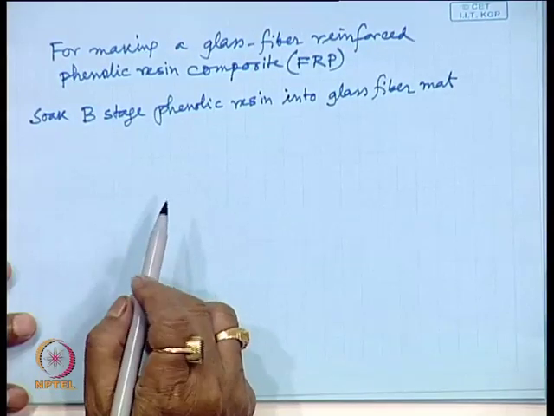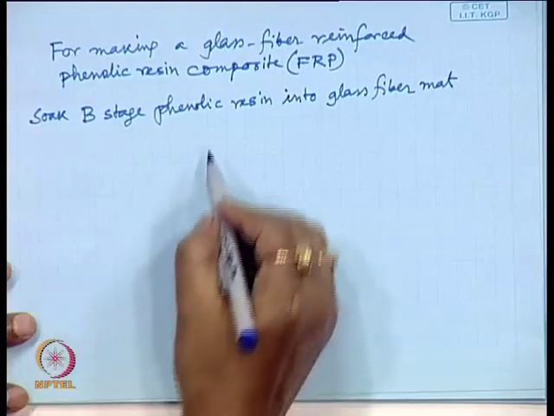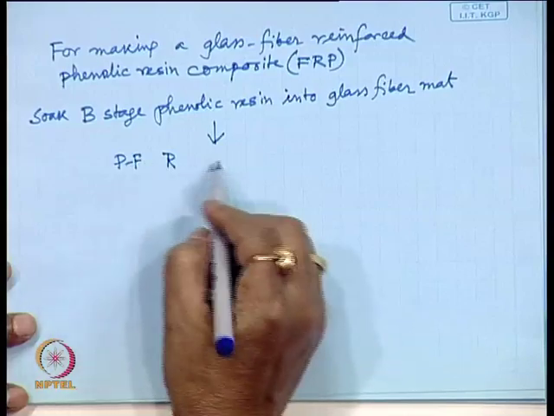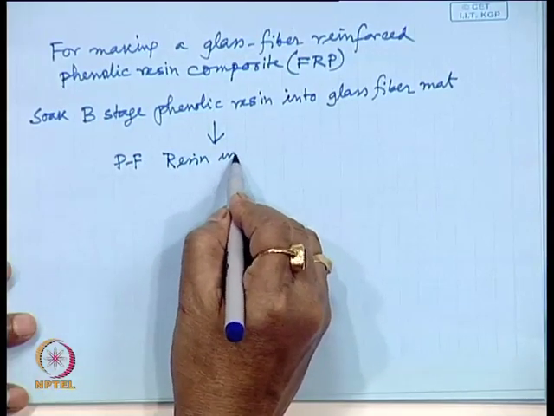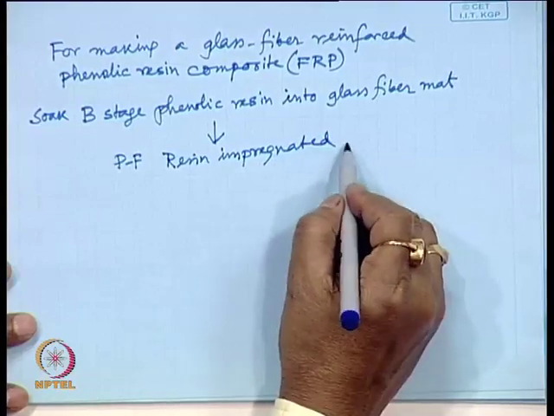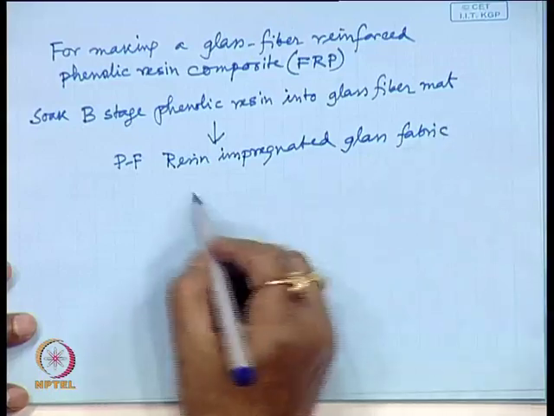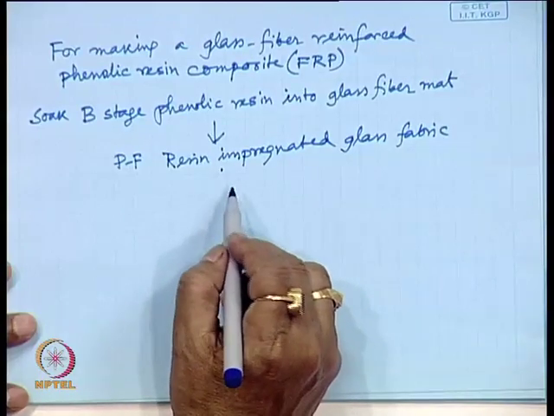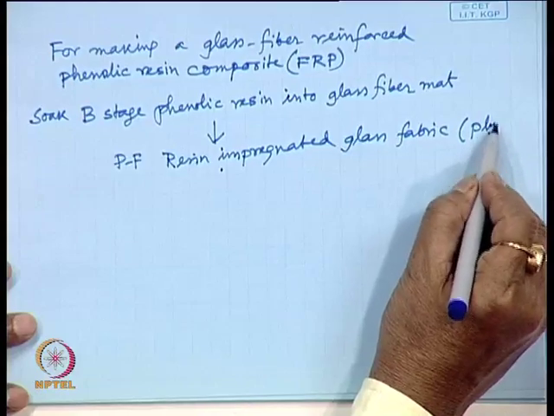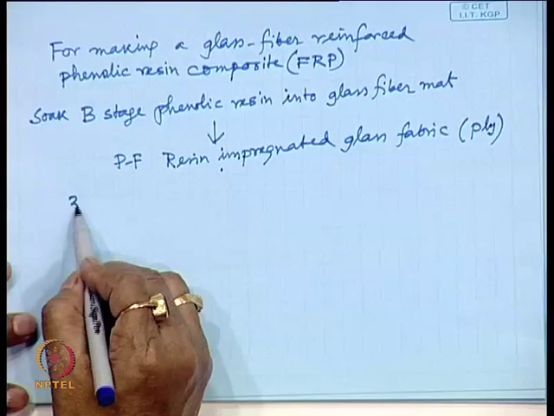Then you will get PF resin impregnated glass fabric, called a ply, one ply. You take 3 to 4 plies